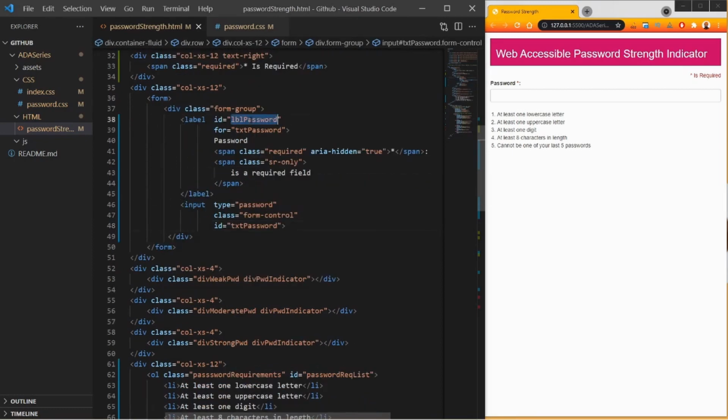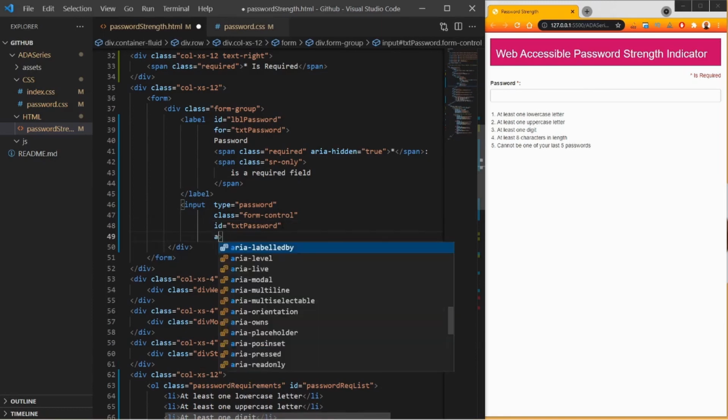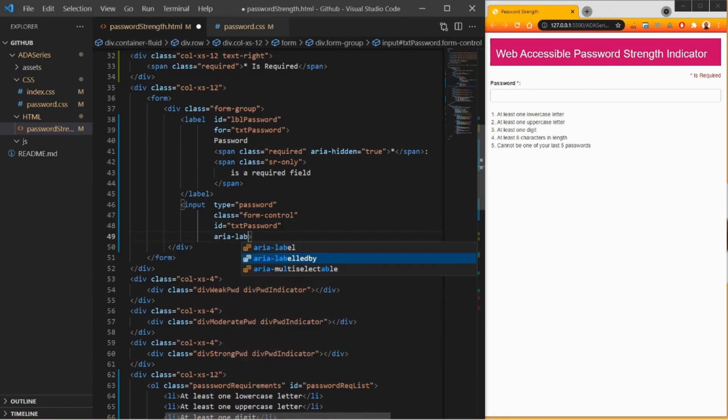Let's copy this ID. Okay, and this is our input for this password input field. Let's add another ARIA attribute which is aria-labelledby and pass the ID here. So we are linking this label with this input and making sure that the assistive technologies such as JAWS or NVDA are reading the label present within the label password when focus moves here.